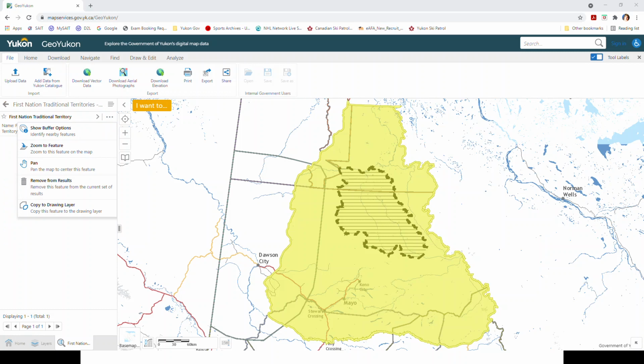You can. It looks like there's actually two intersecting areas. So looks like we have two different First Nations that intersect our area of interest here. So let's say I'm looking for this larger territory here. Go to view additional details, and that'll bring up